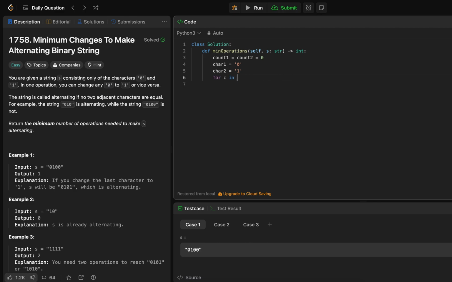Now let's check every character in the string. In our case char1 and char2 mean the previous character, and we need the current character to not be the same as the previous one. So if the current character equals char1, in this case it means it's invalid, and we should increment the number of operations. Increment count1 by 1